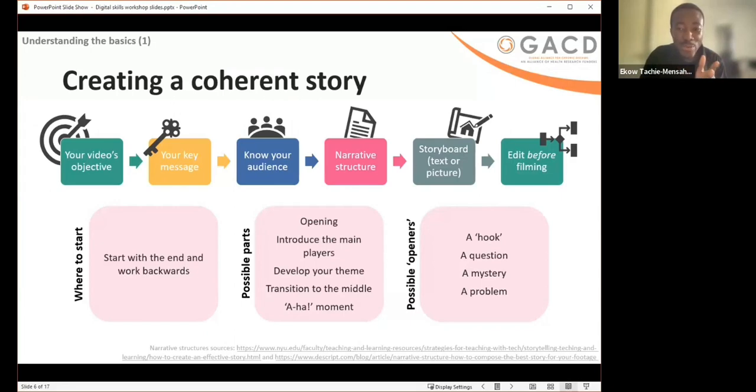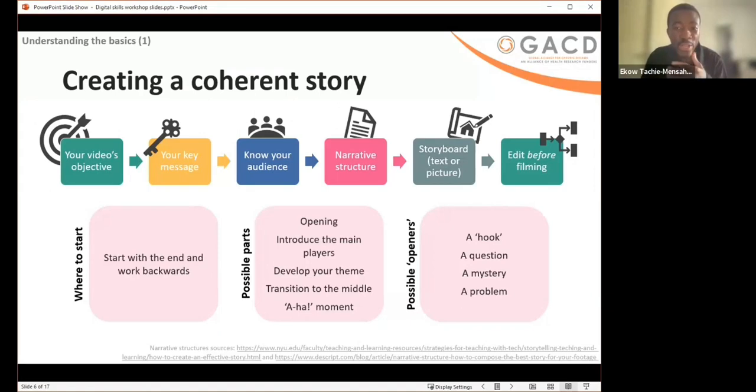Do not start filming right away. It's always important to plan and organize your ideas. And this makes filming much easier. Because if you take your camera or your phone and you start filming, and then you realize, oh no, I was supposed to do this, I didn't do this. Let me go back, and it might be super time consuming. So it's important to go through this process, get a storyboard, know exactly what you want your video to look like, and then edit.